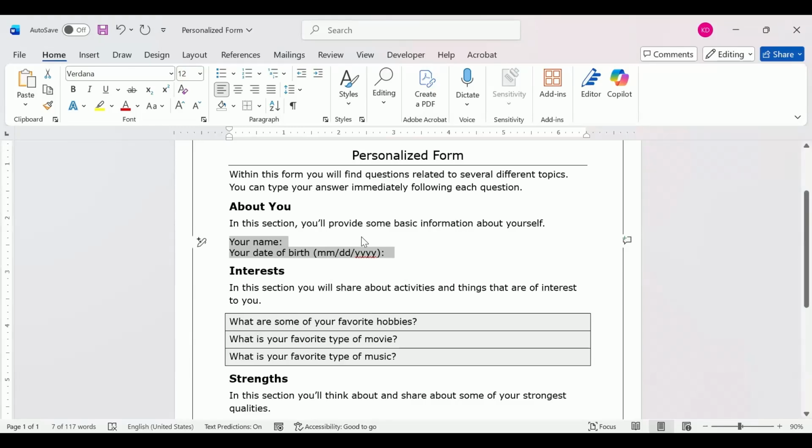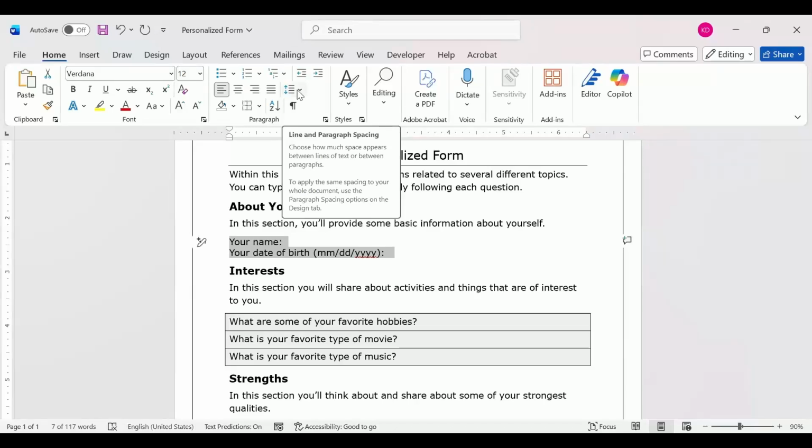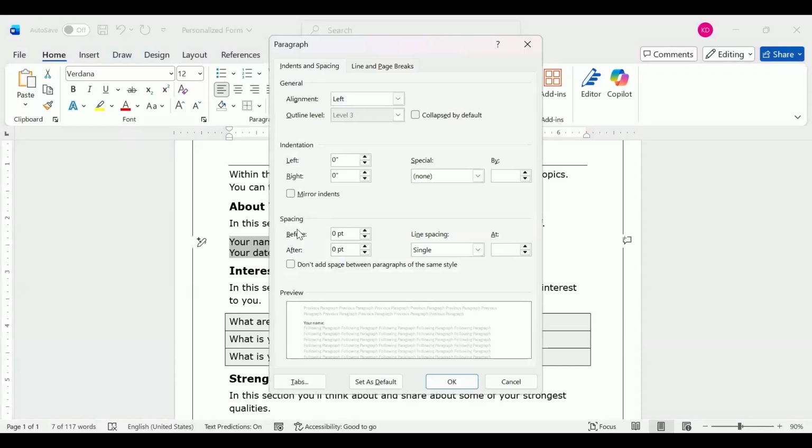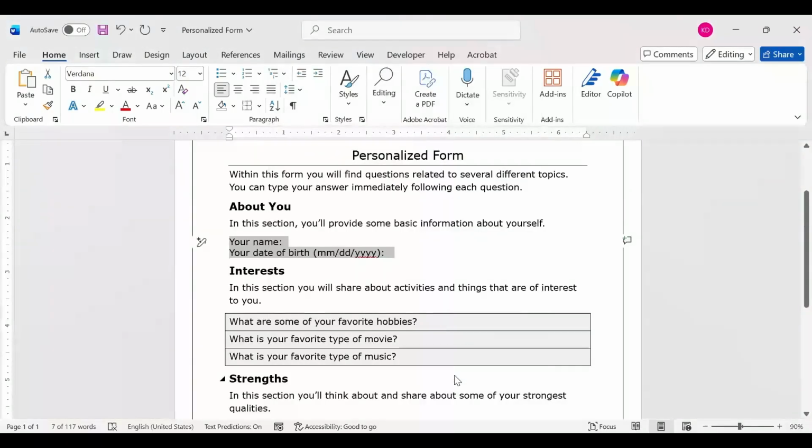So starting off, I want to advise you to please go to the Home tab and then the Line and Paragraph Spacing tool. Use the drop down and go to Line Spacing Options. Go ahead and set your spacing for before and after to 0 and your line spacing to single. The reason we're going to do that is because we can control the width and height of our border areas